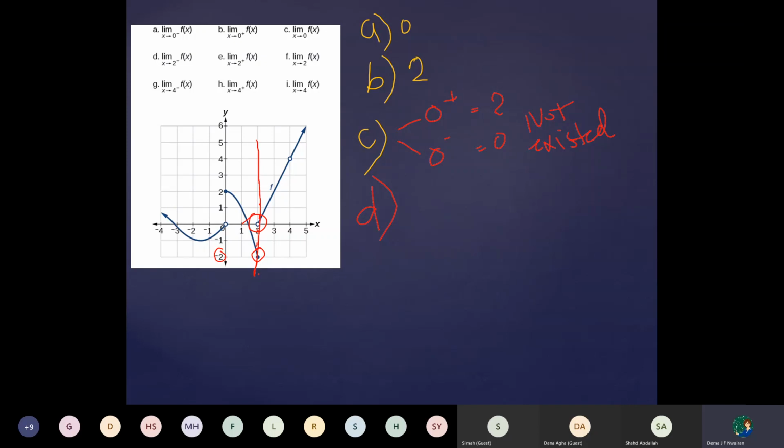Now I want you to look at 2, but from the left. The answer is -2. Thank you. Now, Shahid Yasser, yes. Now 2 from the right. Two from the right is